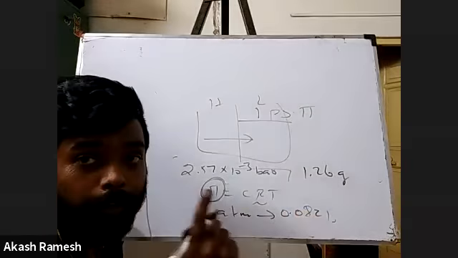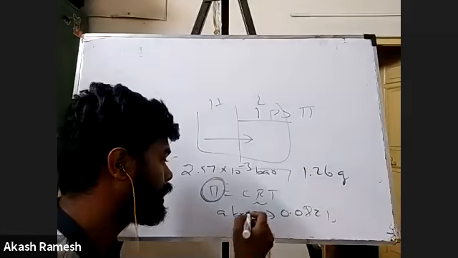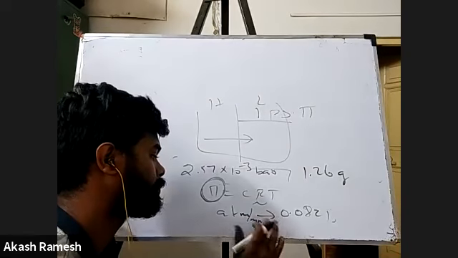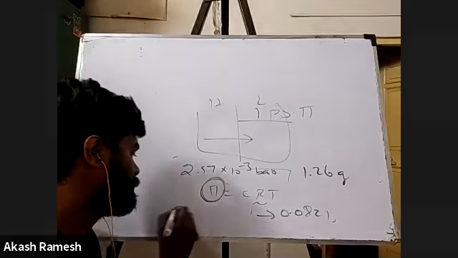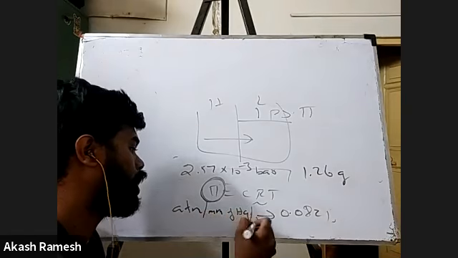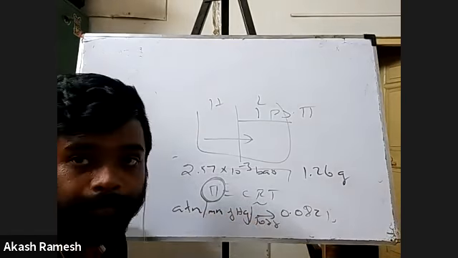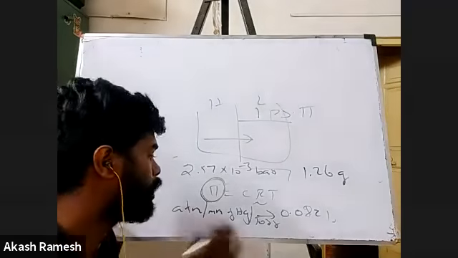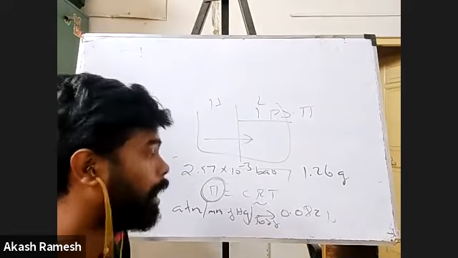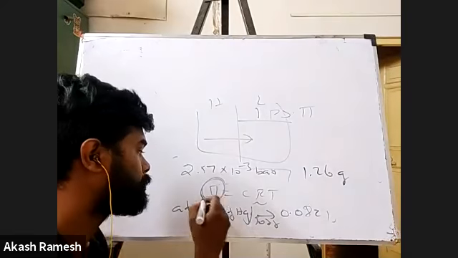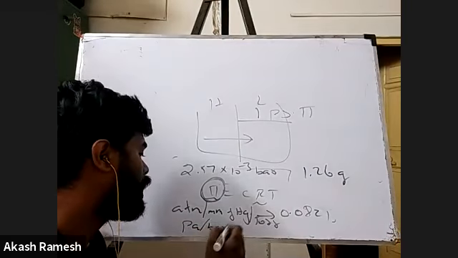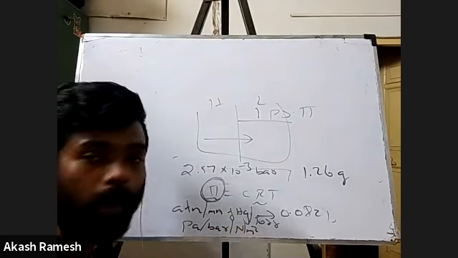Now, if the pressure is in atm or mm of Hg, or even torr, whenever you have any of these units, you have to use the R value as 0.0821. But if you find that the pressure is given in terms of Pascal, bar, or Newton per meter squared,